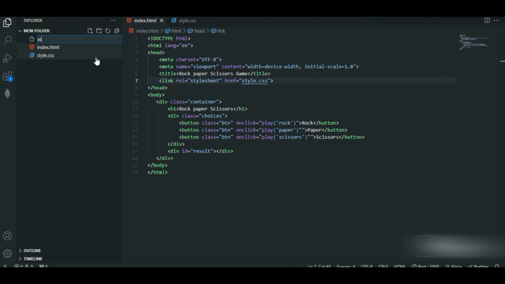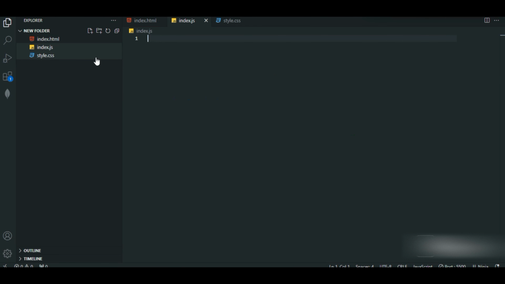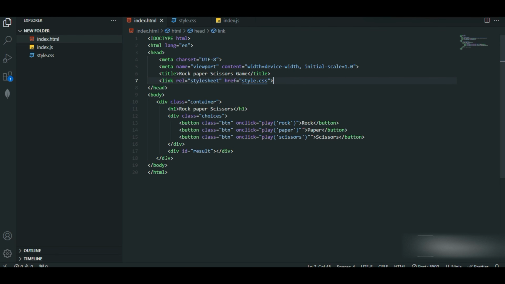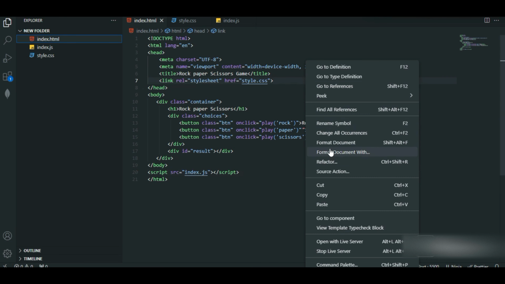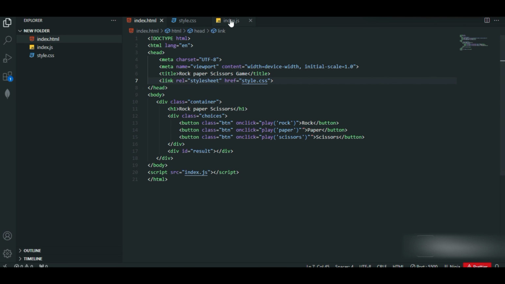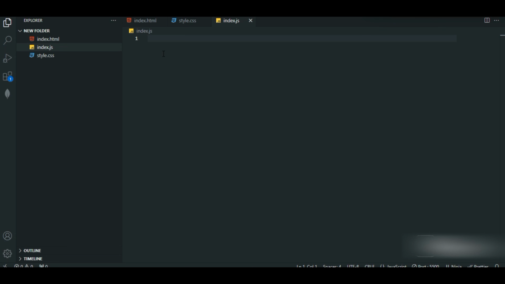So what I'll be doing is I'll just create a JavaScript file, index.js. I'll include the JavaScript file just below the body. For that, I'll make use of script src index.js. I'll just format the document once, right? So next, what I'll be doing,